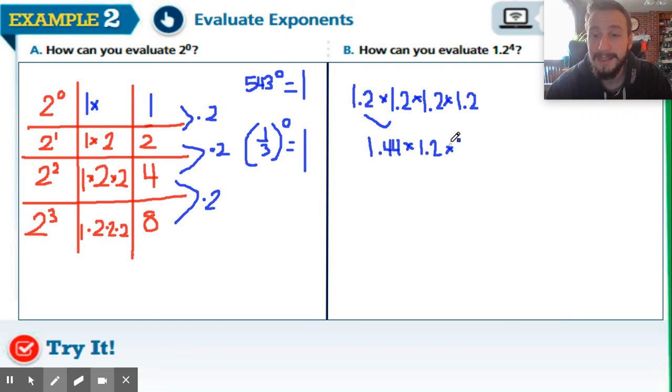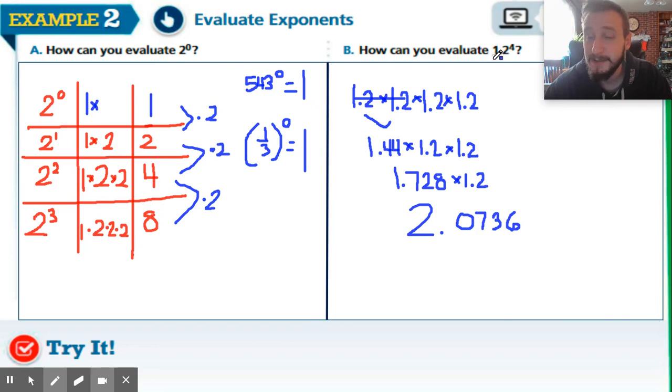And then whatever I get, multiply that by 1.2. Right? Because I did these, I have these left. So 1.44 times 1.2 is 1.728. And then I need to multiply that by 1.2. So 1.728 times 1.2 is 2.0736. So 1 and 2/10 raised to the power of 4 is